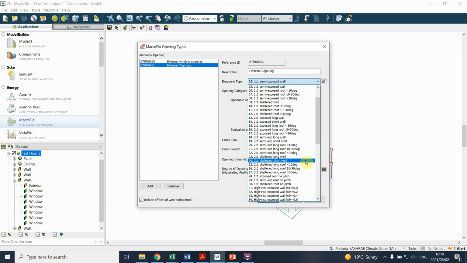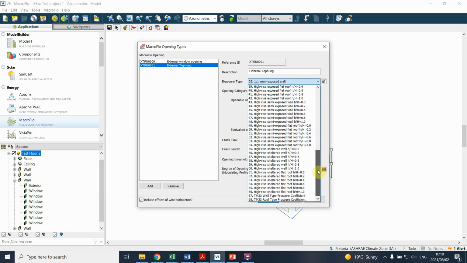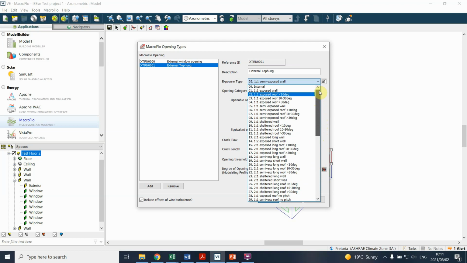So if you've got lots of wind in an area and it's the windward side, it's very easy to get wind flowing through a building. If it's a wind-still area, or you've got lots of sheltered windows, then the opposite is true. So you'll see here in the IES model, you can define quite a wide range of parameters of the